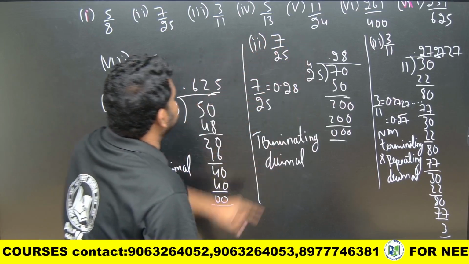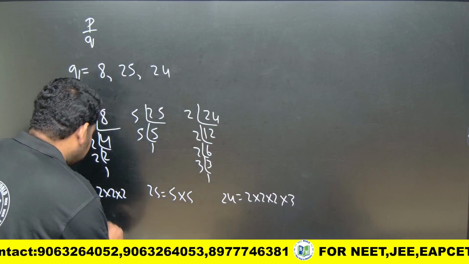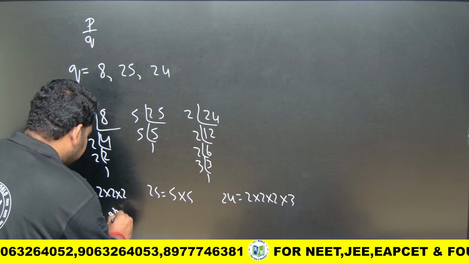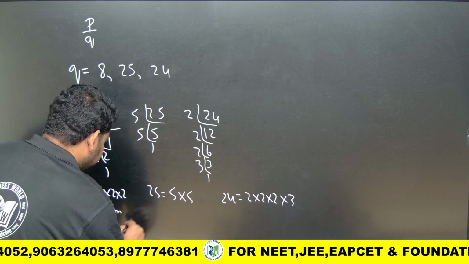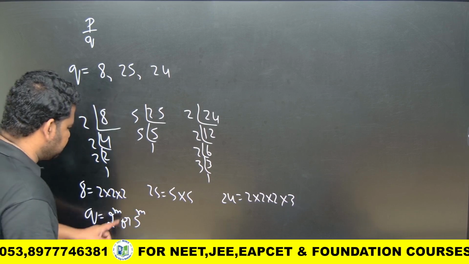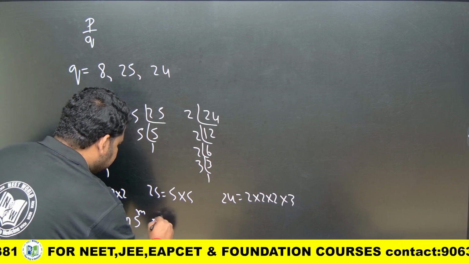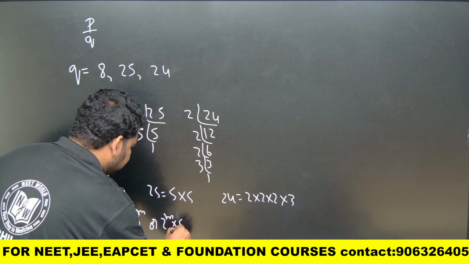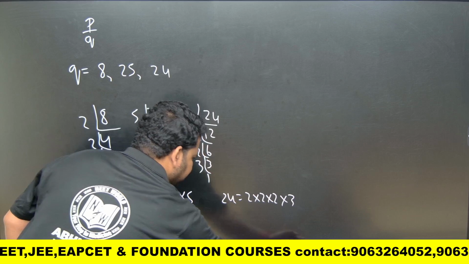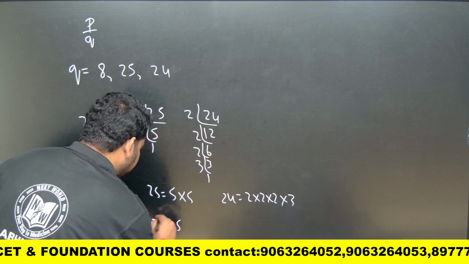These are all what? Denominators. Okay, now if q is of the form 2 to the power of m, or q is of the form 5 to the power of m, or q is of the form 2 into 5 to the power of m,